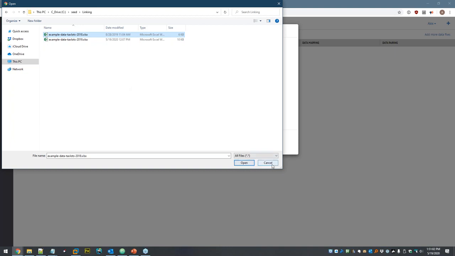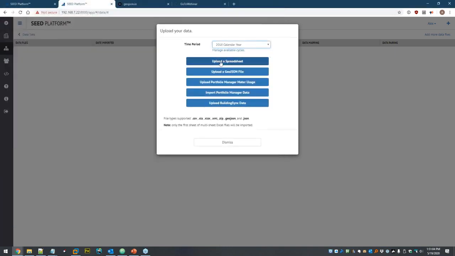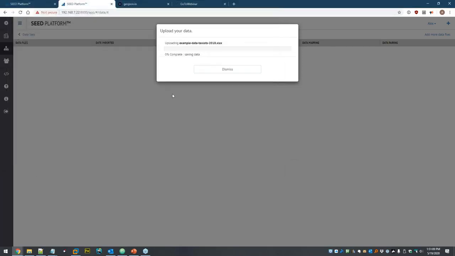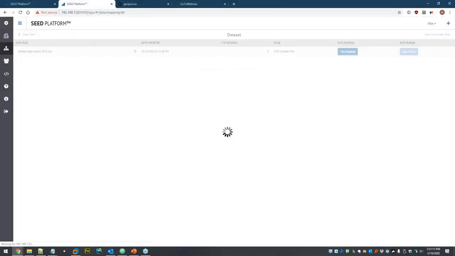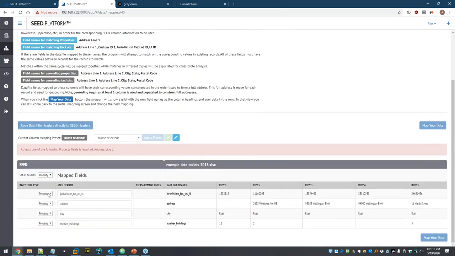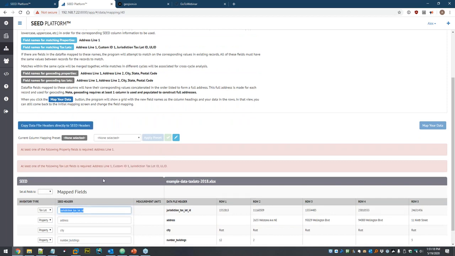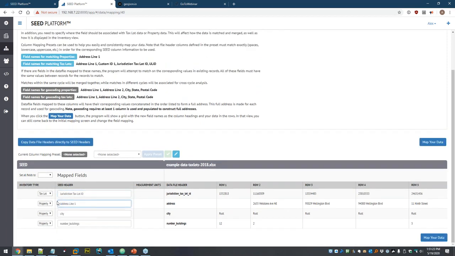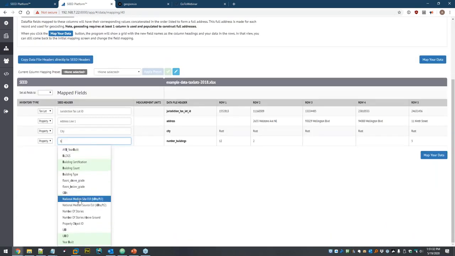So let's open and make sure I've got the right cycle. Yep, 2018. All right, so let's map this. I'm going to put jurisdiction tax lot ID on the tax lot table. Probably one thing worth noting, if you see me typing these in, you'll notice I get autocomplete, basically, closest match